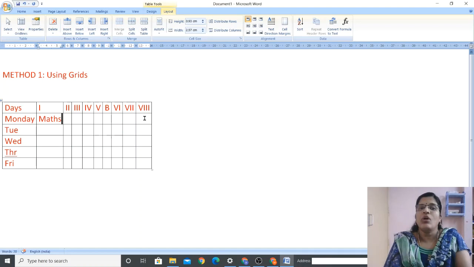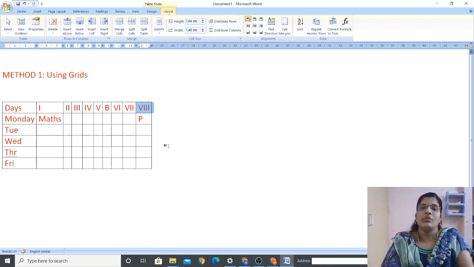Okay. Now see the 8th period column, it's bigger. Comparing to other columns, the 8th period's column is bigger in size. So see, I'm going to write only one word. Okay. So P. Okay, that's all. So what happens? Nothing happens. The same size is there. If you want to reduce the size, you have to keep the cursor on the column line and reduce it. It won't shrink automatically because of the length of the 8 in the eighth period, that determines this column's width. Clear?